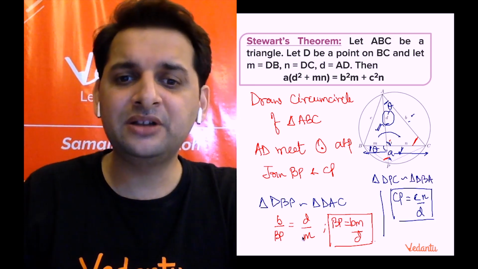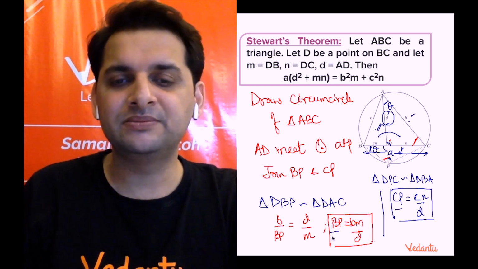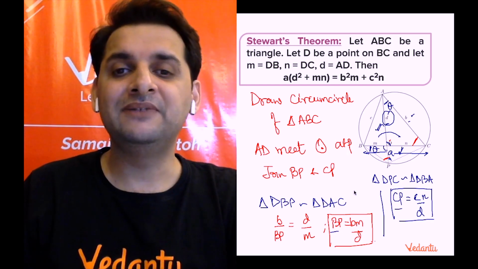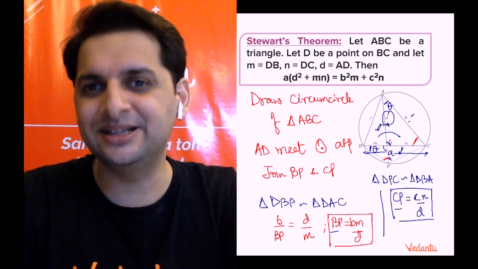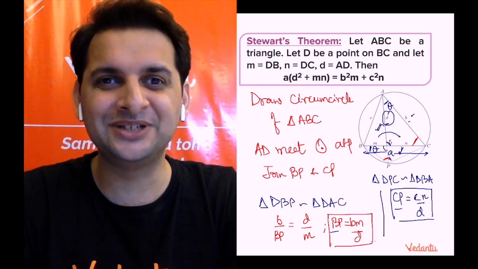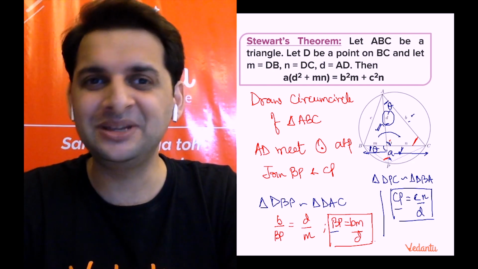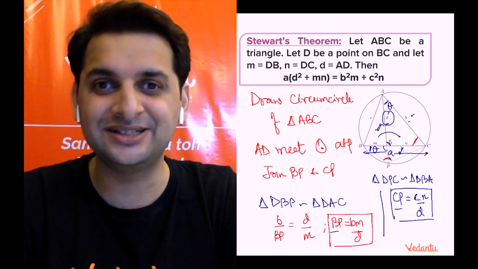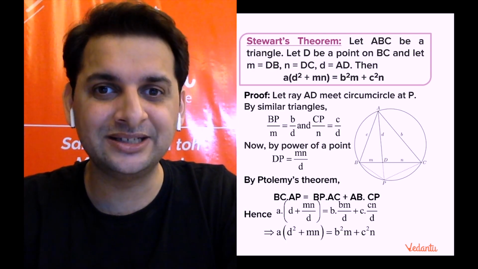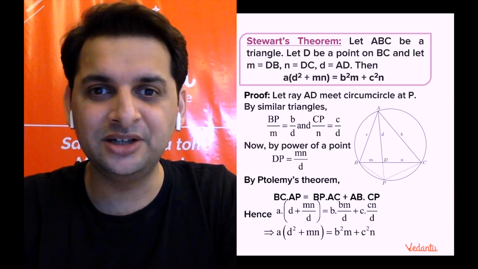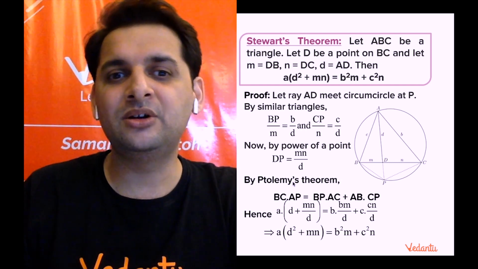Right. So we know the value of BP, we know the value of CP now. Now what we do is we'll apply Ptolemy's theorem in this. Now don't get confused in all these theorems, right? So Ptolemy is something which we did in one of the previous sessions. So you can check Ptolemy's theorem if you've not revised that session on YouTube. So we'll apply Ptolemy's theorem.